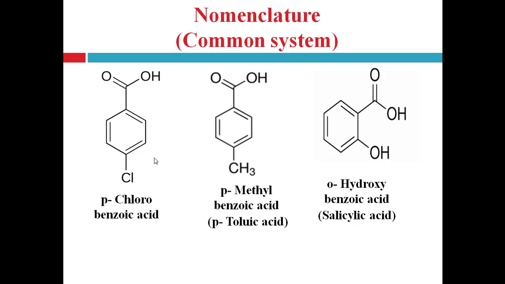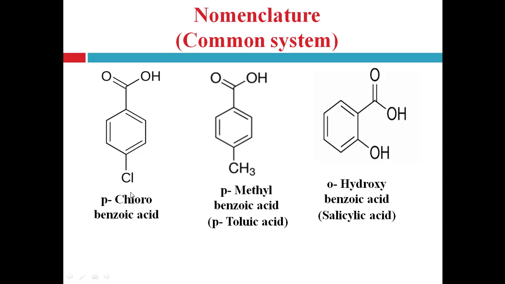So here if halogens are present, then it is written in the form of a substituent as halo. So here chlorine is present, so it can be written as chloro, right? Again consider its relative position on the benzene ring to the carboxylic acid group, right? So in relation to the carboxylic acid group, this chloro group is present at the para position. That's why it is written as para-chlorobenzoic acid, right? Keep in mind that the basic structure is written at the end, and in front of the basic structure